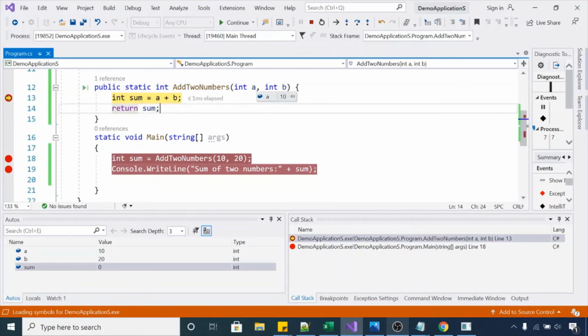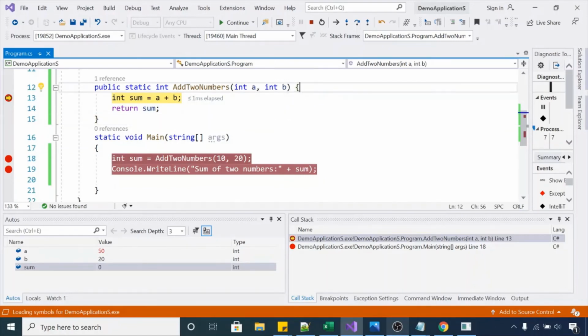But let's suppose we want to change the value of A from 10 to 50. How can we do that? Just mouse over on A, click in this area, replace 10 with 50, and press enter. Now the value of A is 50 and the value of B remains 20.